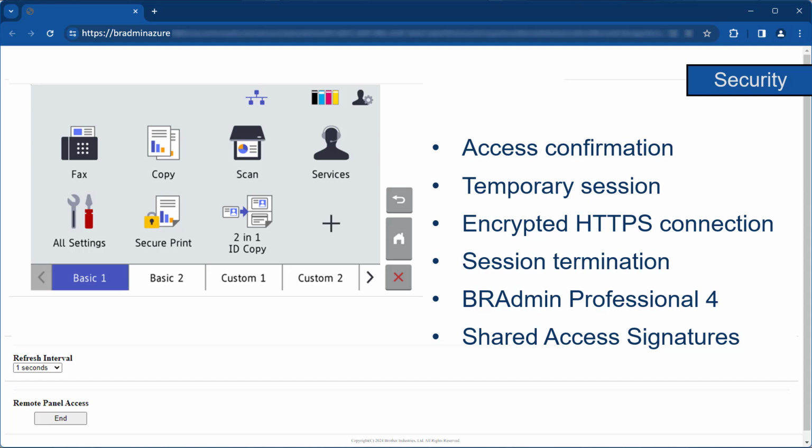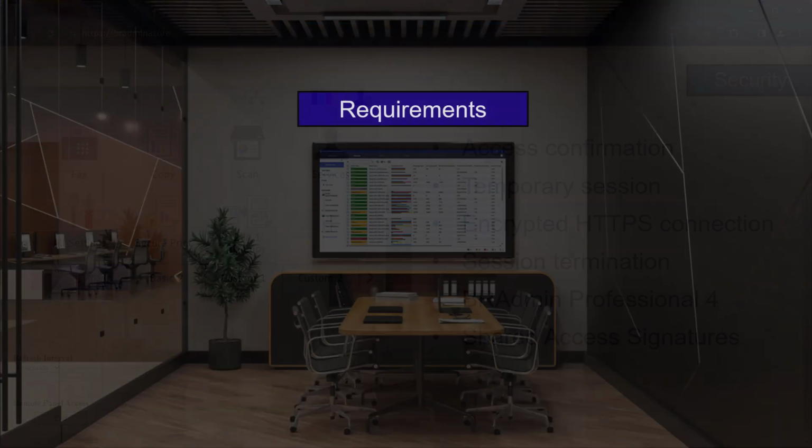What's more, BRadmin must already be connected to your private Azure service using securely generated Shared Access Signature Keys (SAS keys). This means you cannot simply bookmark the page you see on the screen or share it, thanks to it being a secure, temporary connection.